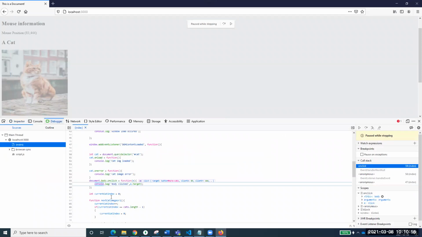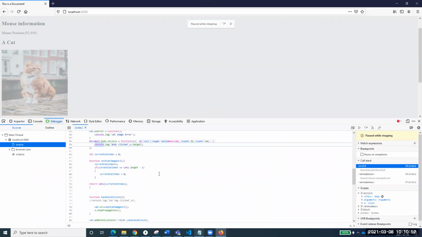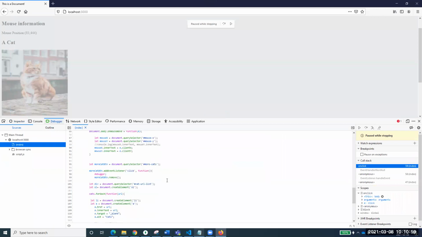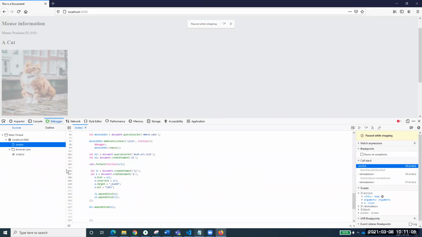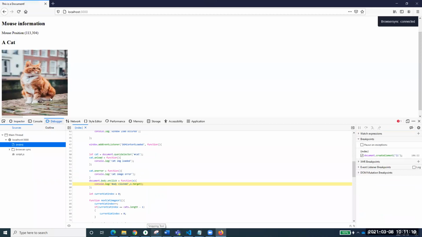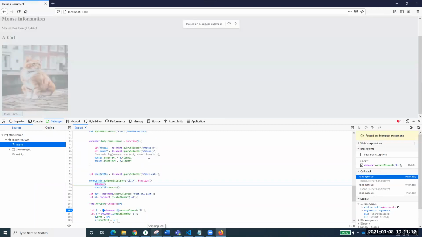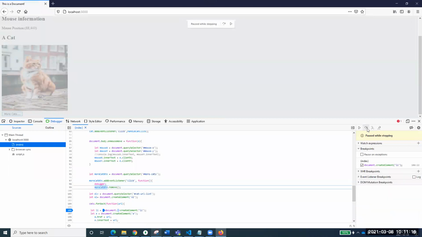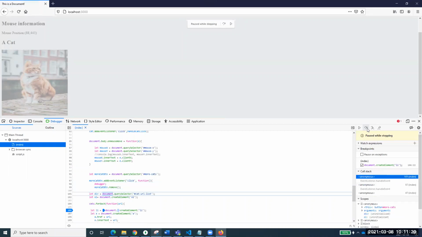Now let's do one thing. I hope everyone understands that. Now let's do one thing. What I'm doing is, inside this for each, maybe I am creating a breakpoint over here, so that I can see what is going on. So now if I refresh it and run it, you see that it has stopped at debugger. Step over, remove button. You see that the button will be removed now. Button removed. I hope you are seeing that.